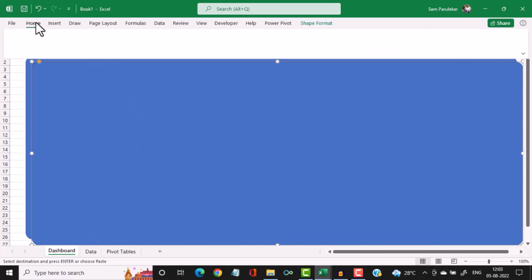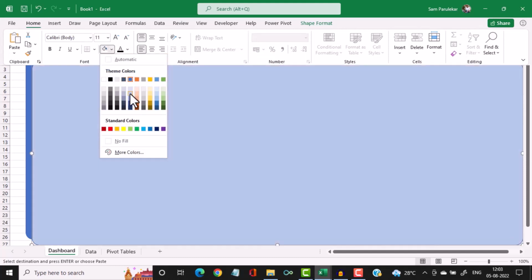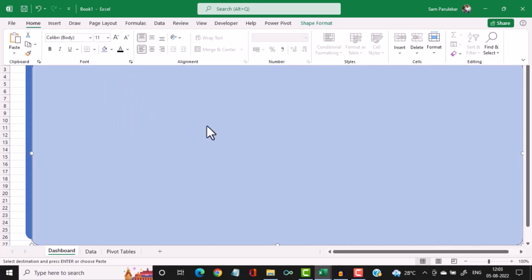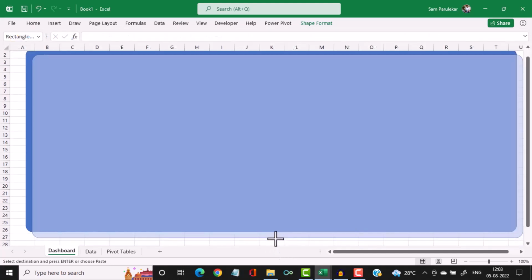So click on Home, and here you have the fill color, and we'll fill it with a lighter shade of blue, something like this. And then we would adjust the size of this inner rounded rectangle